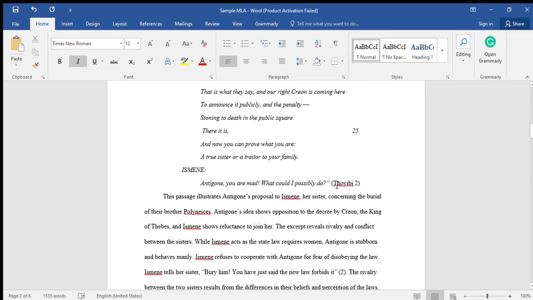So you see, this is the source from where I took it. I got my passage from the work by Thoibi, and it was on page 2. So I've also referenced that. Okay, this work